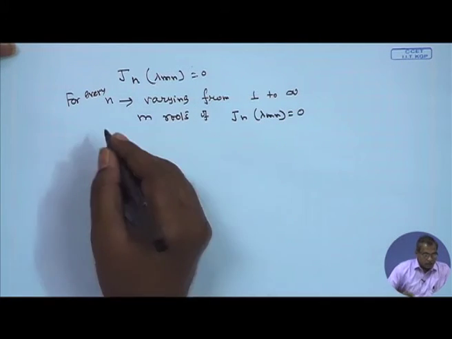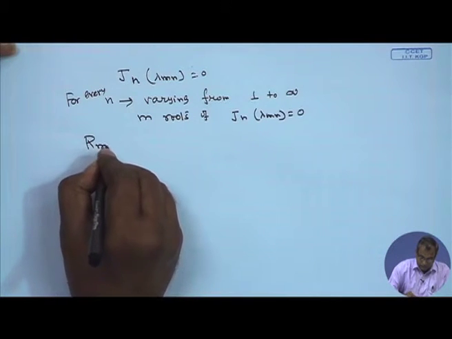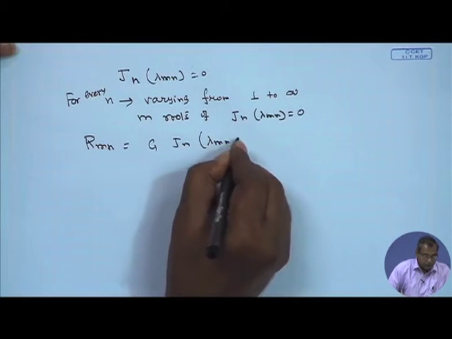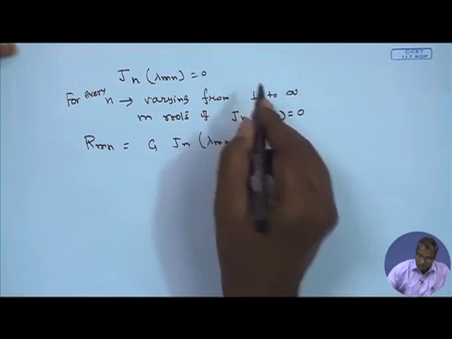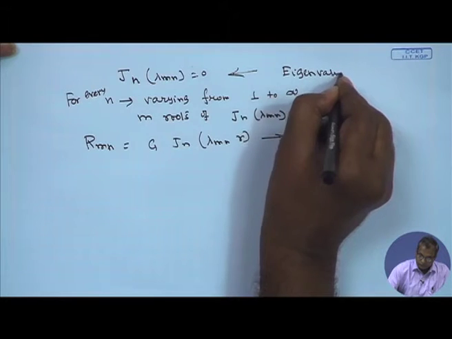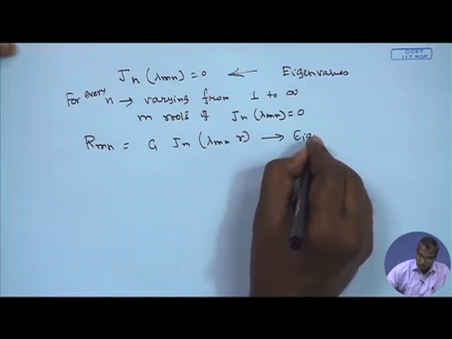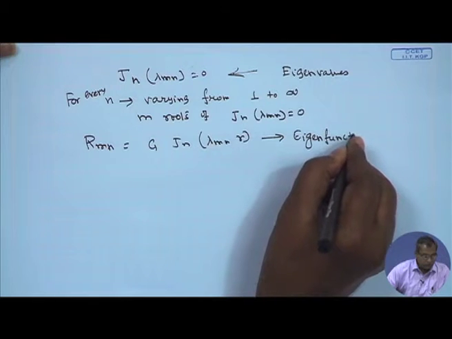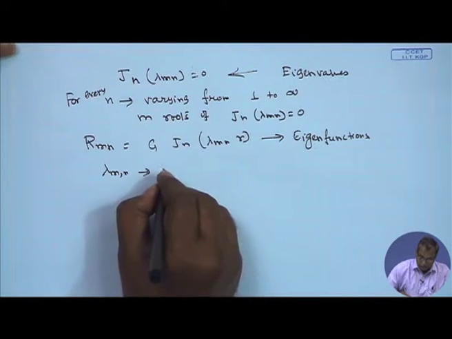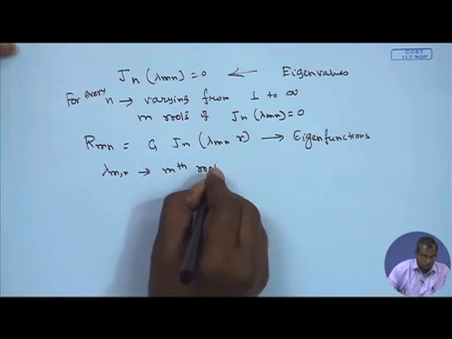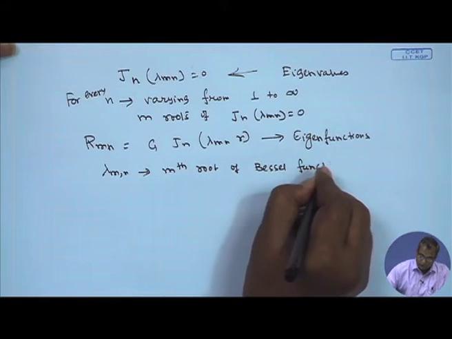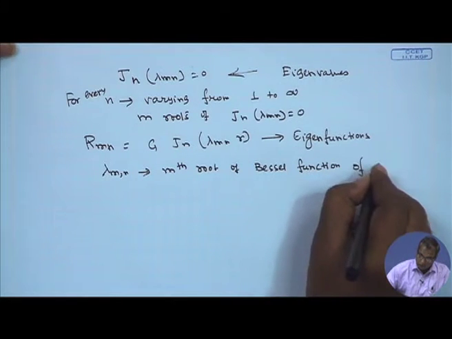Therefore, the eigenfunctions are written as R m n is C1 Jn lambda m n r. So, these are the eigenfunctions. Roots of these equations are the eigenvalues, and lambda m n is nothing but the mth root of the Bessel function of first kind